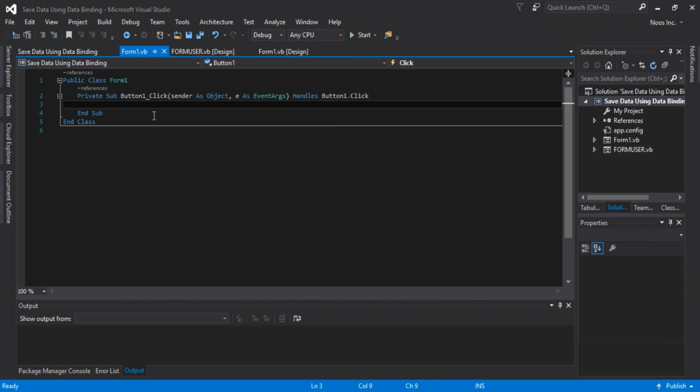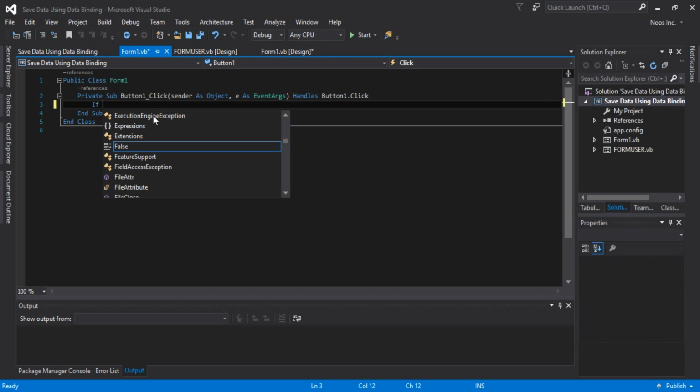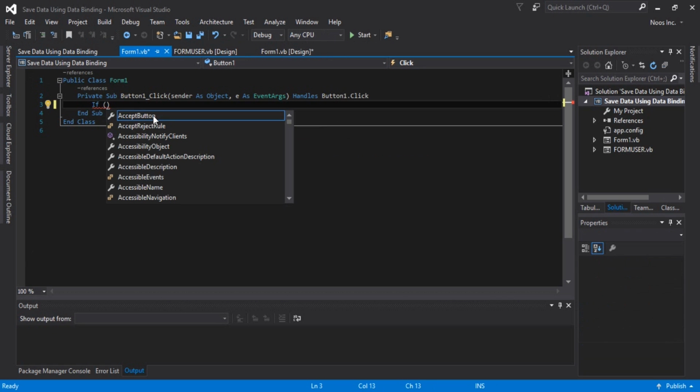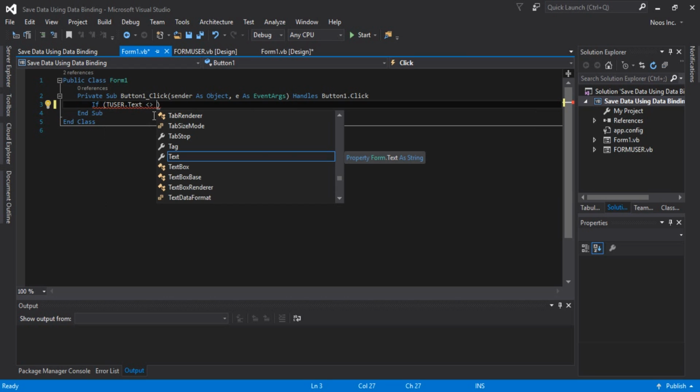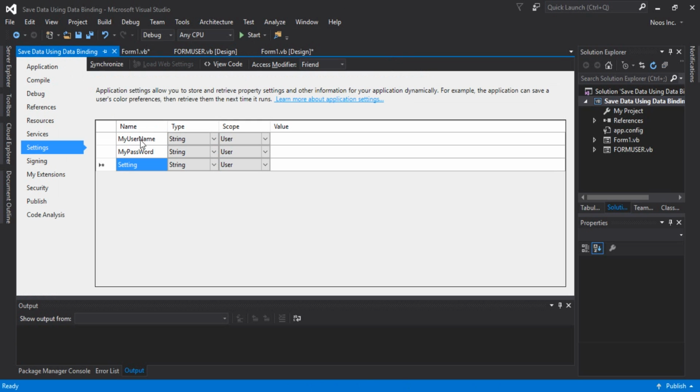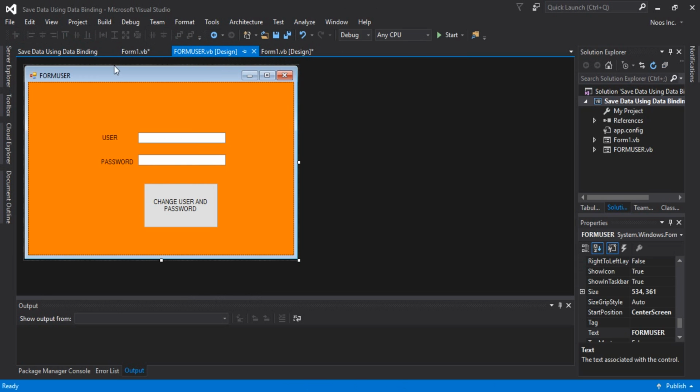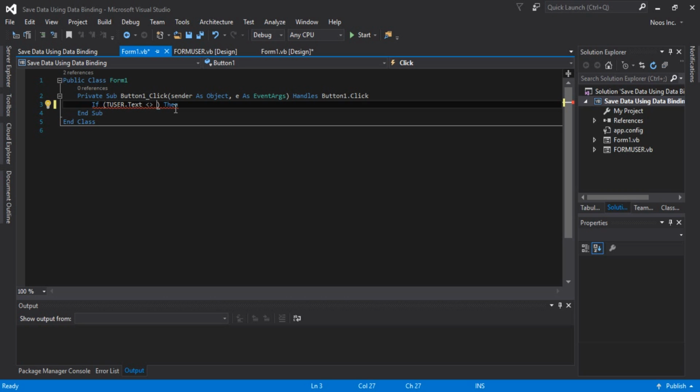So I need to use an if statement. If the text box, or the user's text, is not equal to the data binding, you can see the name of our data binding, my username and my password, and I want to add in this code